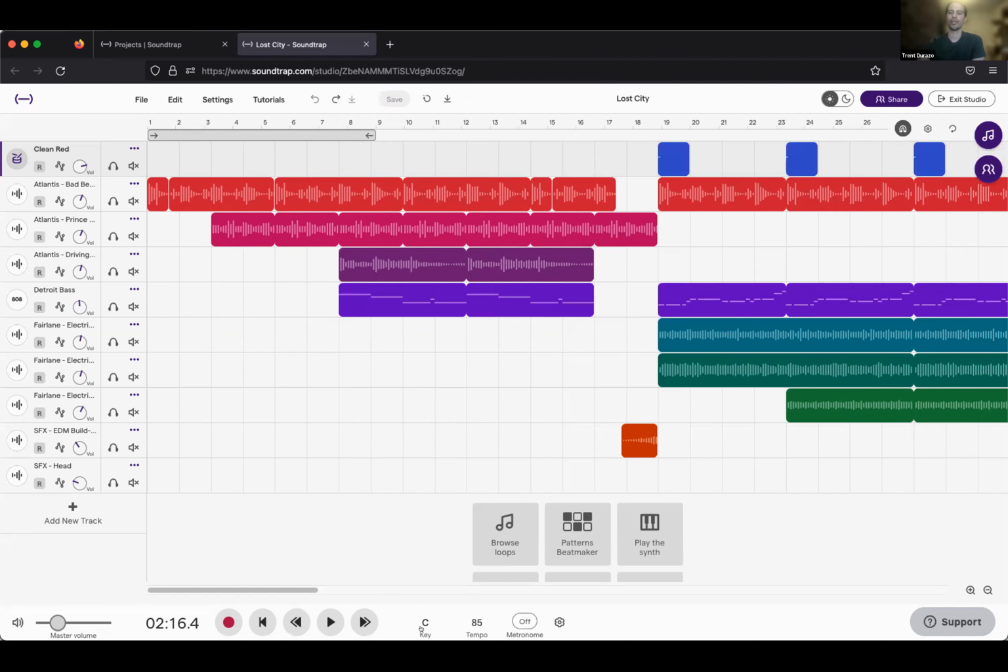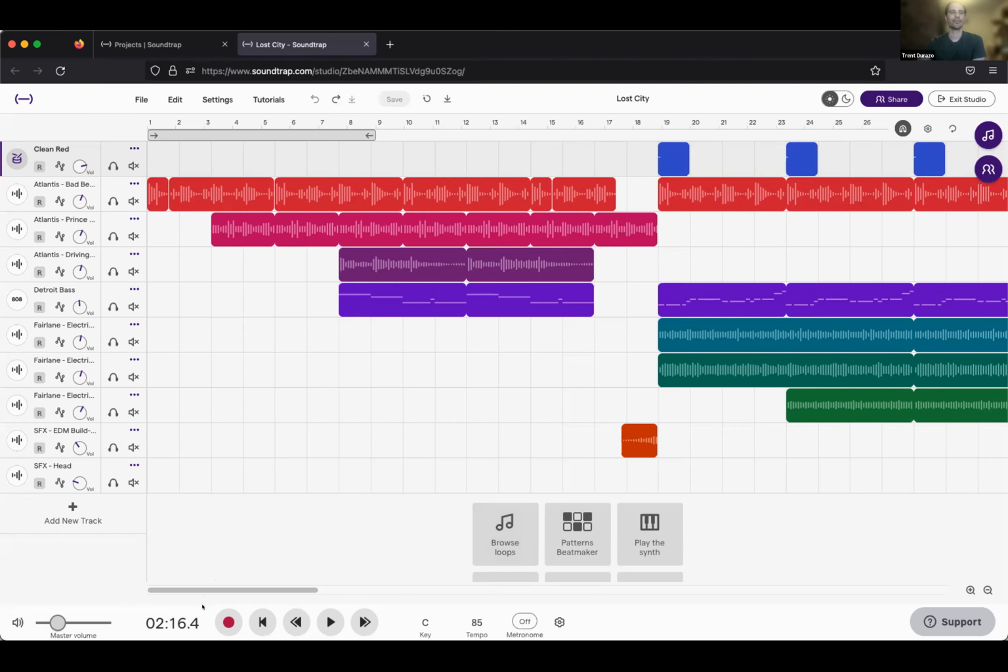But yeah, that's it. I think this is really important. The key of the song, you're not really gonna have to worry about because we're using loops, and any DAW, whatever loop you start with, it's gonna keep it within that key. You're not gonna have to worry about key signatures and stuff too much. Metronome, you're really gonna have to worry about that if you are recording something onto a blank canvas and you need a metronome to keep time for you. Again, not a part of this challenge, but the tempo is important. And then up here, just briefly going over those undo, redo buttons up here. Very, very helpful. But that pretty much covers our transport